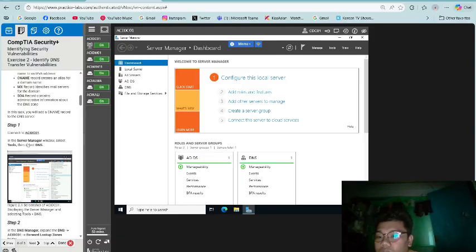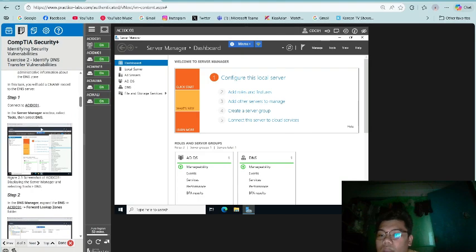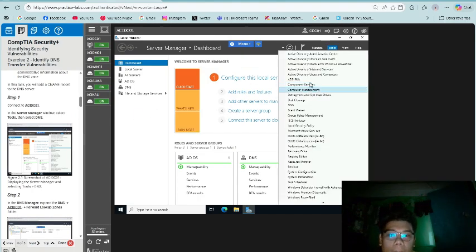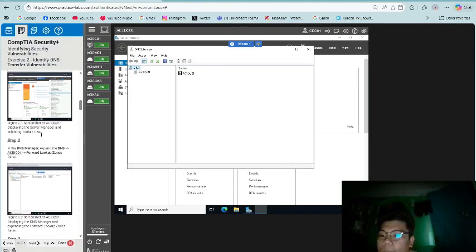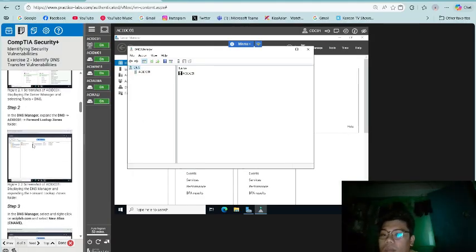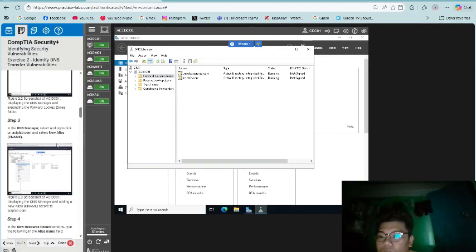So connect to ACI DC01. In the Server Manager window, select Tools and select DNS. Step 2: The DNS Manager expands the DNS ACI DC01 and forward lookup zones.